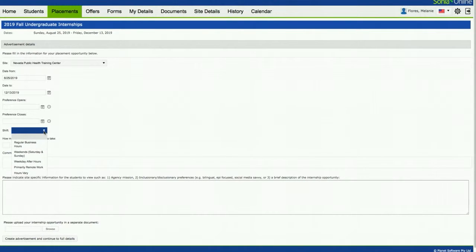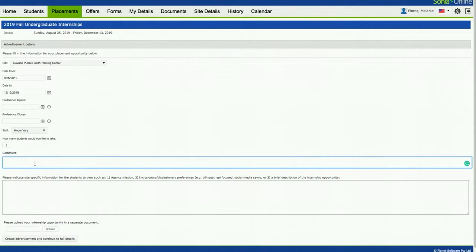And again, you can choose shift. So hours vary. Just like when we create an offer, I'm going to say I want one student. And here you have a comments box. The comment box is for internal use only, meaning this is communication between you and the field office. The student doesn't see what you put in this comment box. So I'm going to put here,